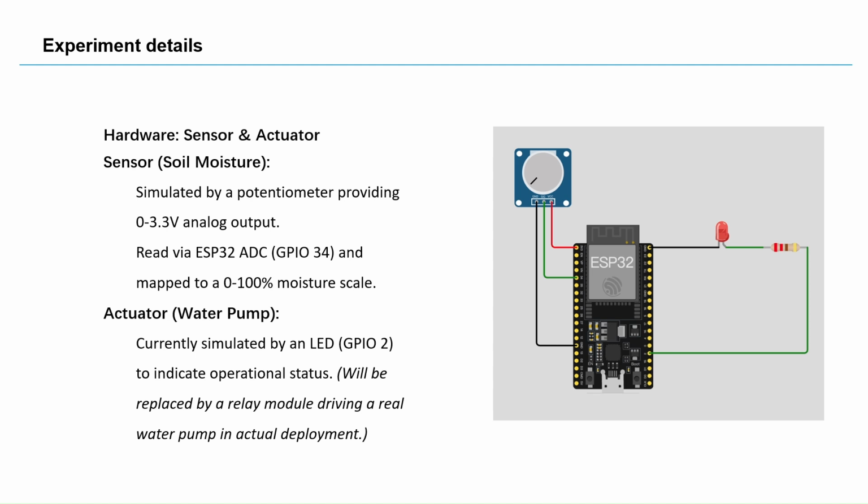For the water pump actuator, I used a simple LED connected to GPIO2. When the LED is on, it indicates the pump is running. In real deployment, this LED would be replaced by a relay module driving an actual water pump. The control logic, however, remains exactly the same. This prototyping approach lets me validate the full control loop without needing physical hardware, ensuring the system works before any